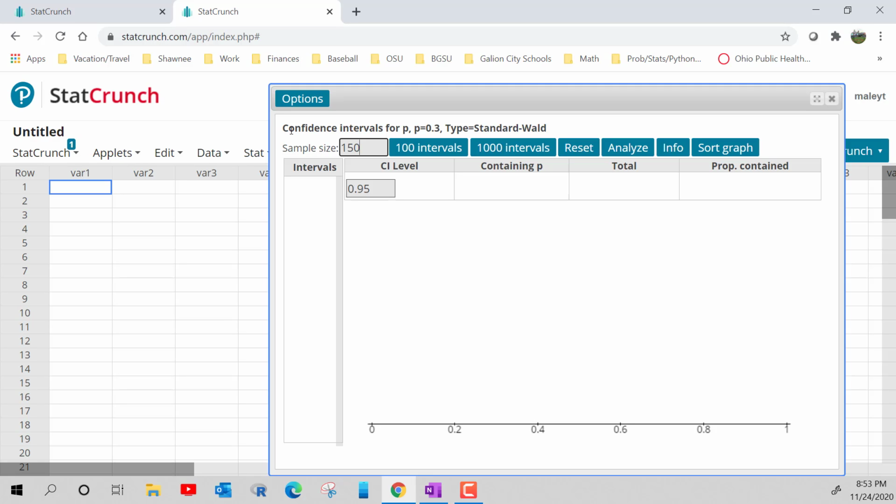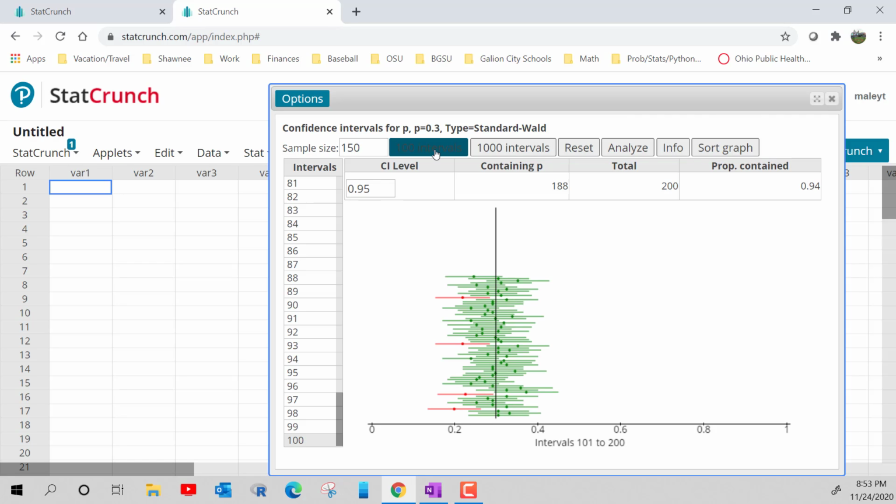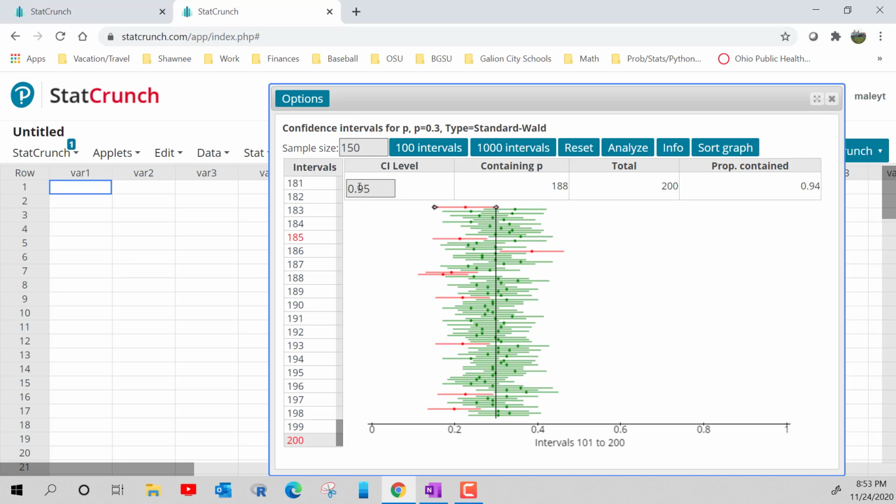So note that having the sample size be 150 is going to assure that the sampling distribution is approximately normal. So we have a really big n value, which ensures that it's normal. Then if I click 100 intervals twice, I get 200 independent simple random samples of size n equals 150. So I hit it twice, once and twice. Then down here, this tells me what my confidence interval level is, and this tells me the number of confidence intervals below that contain